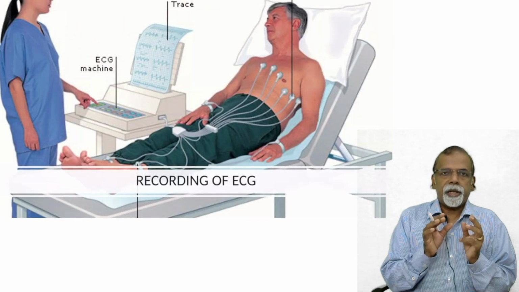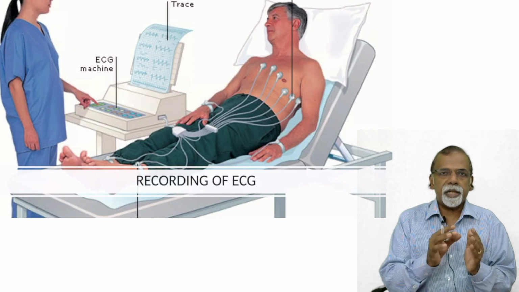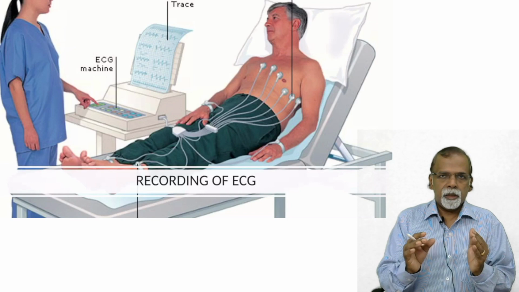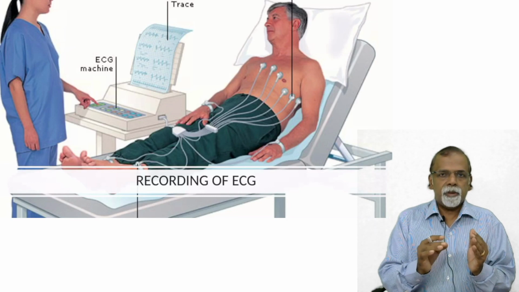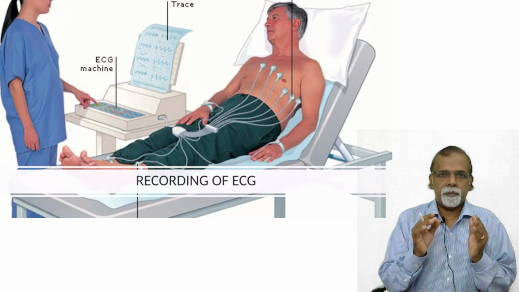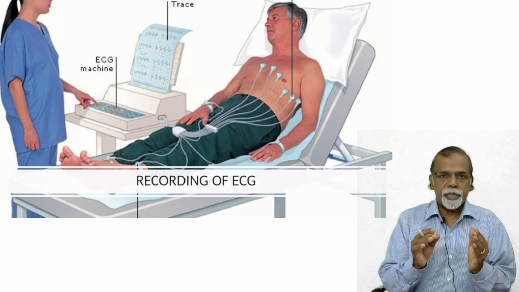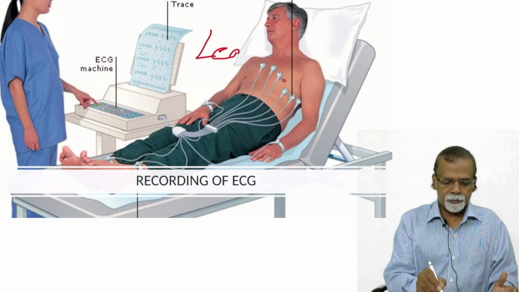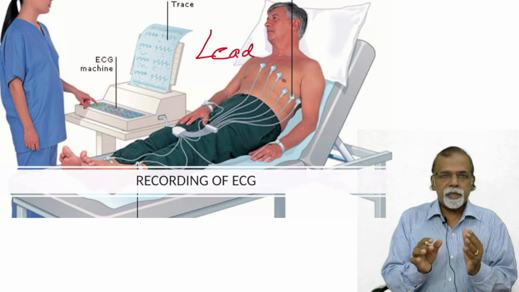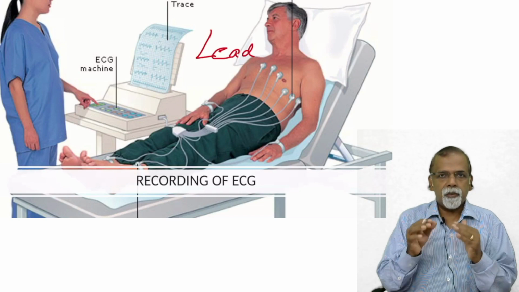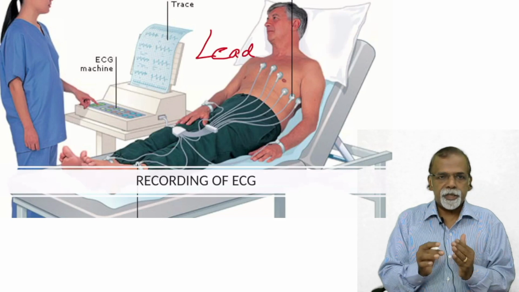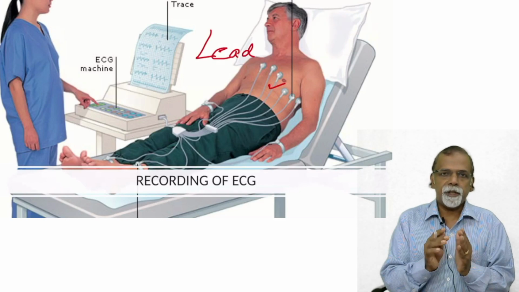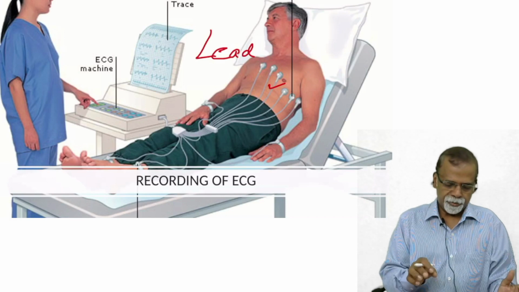Electrocardiogram is the graphical record of the electrical activity of the heart. And this is recorded from the surface of the patient using certain connections. They are called the lead systems. When these connections are attached to the limbs, they are called limb leads. Attached to the chest, as shown here, they are called chest leads. Details will be discussed in the next session.